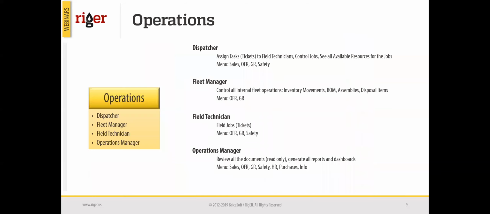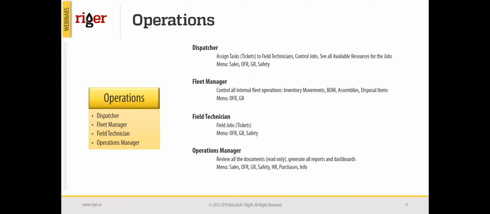So the next group of roles is operations. This group includes dispatcher, fleet manager, field technician, and operations manager roles. For example, dispatcher functions are to assign tasks to technicians, control the jobs, track all available resources for the job, and they can manage rental units and manage field technician jobs. A user with this role can see sales, oilfield rentals, general rentals, and safety modules in RigER, and all related documents